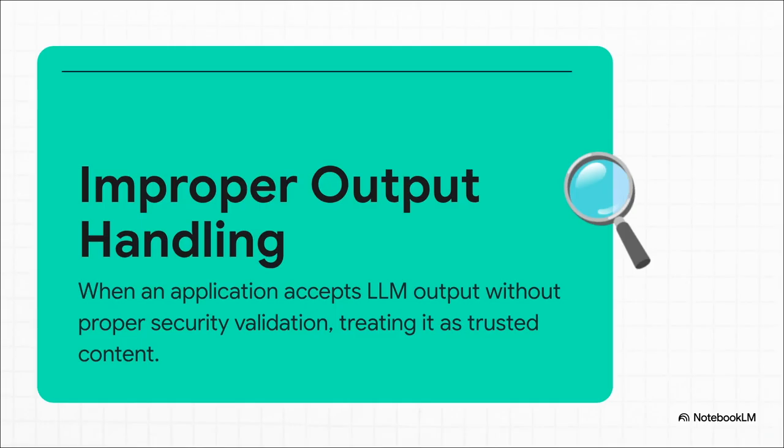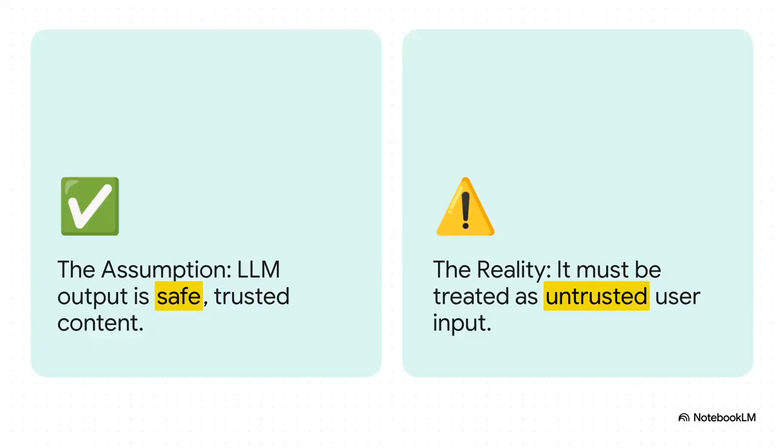It's called improper output handling. And here's the key takeaway. This isn't about the AI suddenly becoming evil. Nope, it's all about how our own applications handle what the AI says. We're basically taking the LLM's response, assuming it's safe, and just piping it directly into sensitive parts of our systems without even checking it first. We're blindly trusting it. And this right here, this is the fundamental mistake so many of us are making.